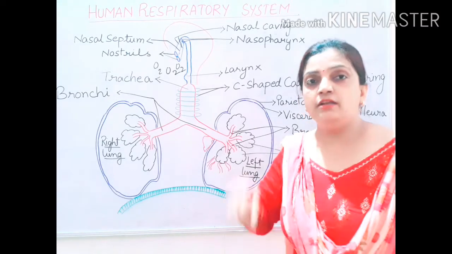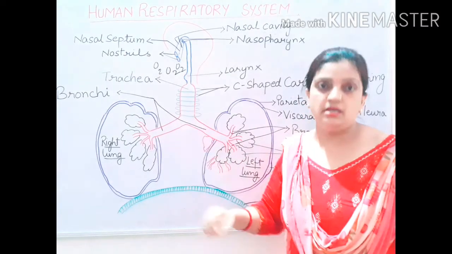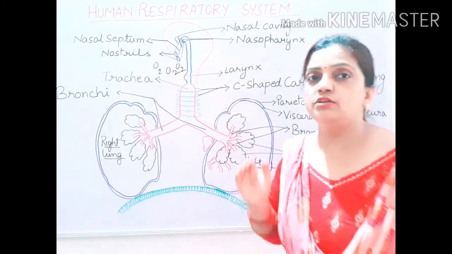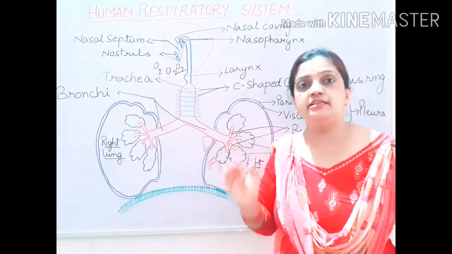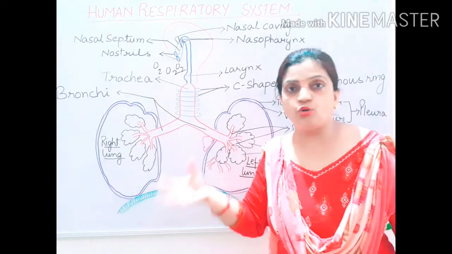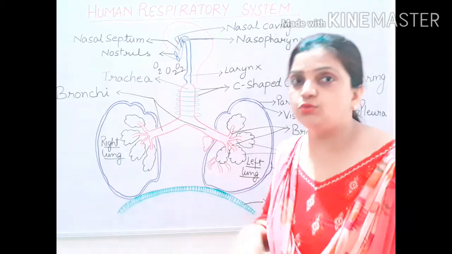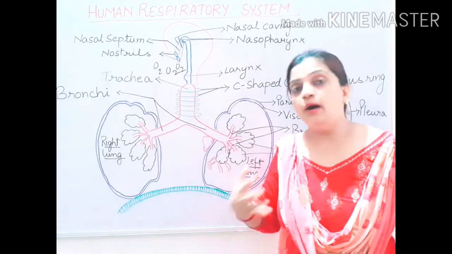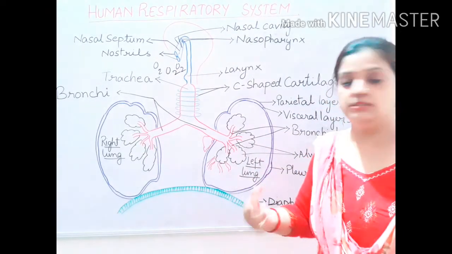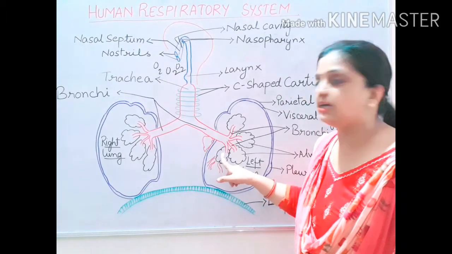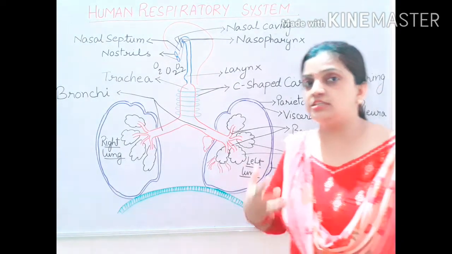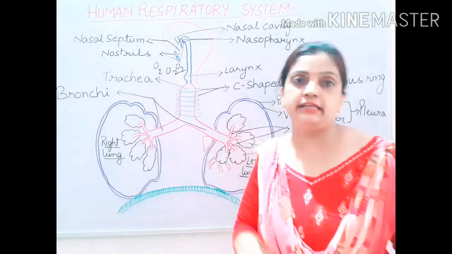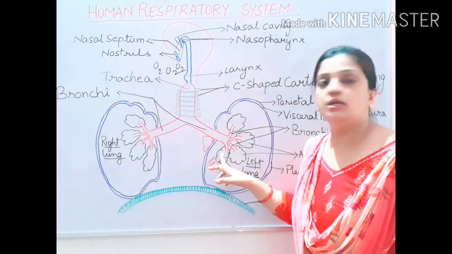Now blood will carry the oxygen to the cells. Inside the cells, the oxidation process will take place. Glucose will burn and CO2, water and energy are produced. Energy will be stored for further use. CO2, which is a waste product, will be carried out from the cells and tissues, brought through the veins, blood vessels, and it will cross inside the alveoli. The CO2 produced inside the cells is a waste product, and it is carried and now transported into the alveoli.